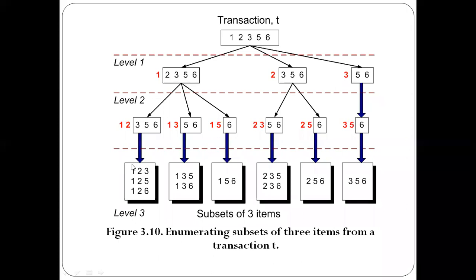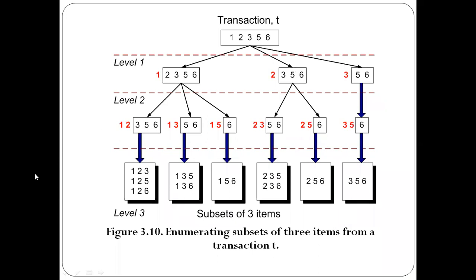Okay, next at level 3, we will be defining the actual candidate item sets here. Since we have fixed the first items in these item lists, the next candidate 3-item sets can be 1 2 3, 1 2 5, and then 1 2 6, or it can be 1 3 5, 1 3 6, and then 1 5 6, and then here it is 2 3 5, and then 2 3 6, and then 2 5 6, and then 3 5 6. So in total we have defined 10 candidate item sets, that is candidate 3-item sets here.